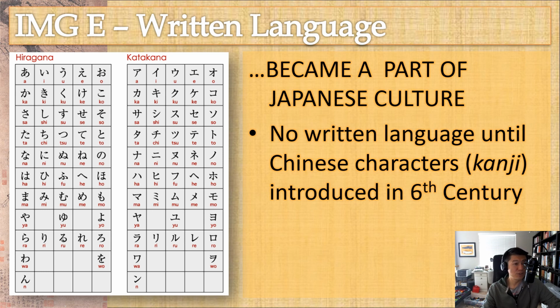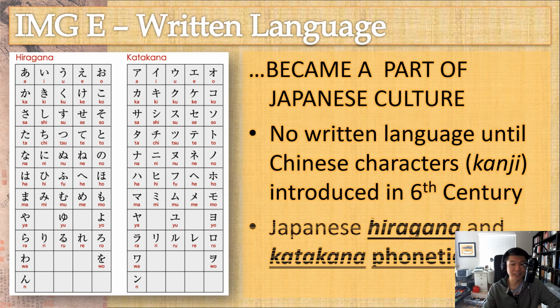The use of Chinese characters, also known as kanji, was introduced again by many of these missionaries and traders in the 6th century. How the Japanese would adapt to it is that these symbols won't just simply represent a word, but instead they become a form of phonetics, hiragana and katakana script. And thus you actually had multisyllabic terms in Japanese.